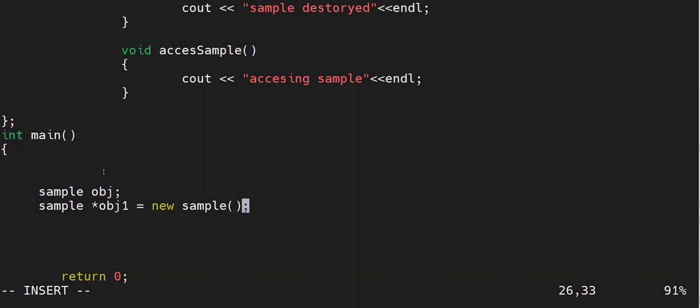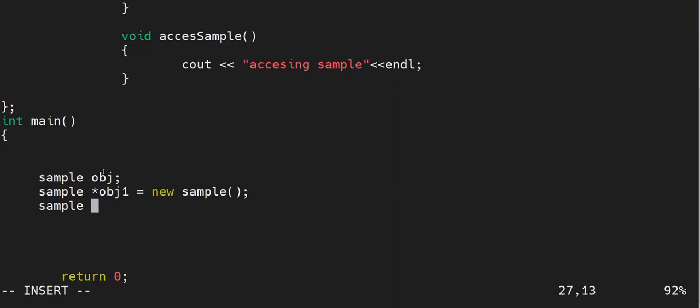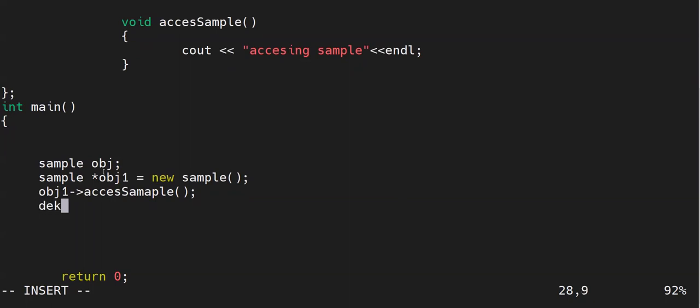Your program is going to consume your heap memory and it will crash eventually at some point of time. So you have to release the memory when you are done with your processing of that variable. So assume you have accessed that object, it is your responsibility to delete that obj1.